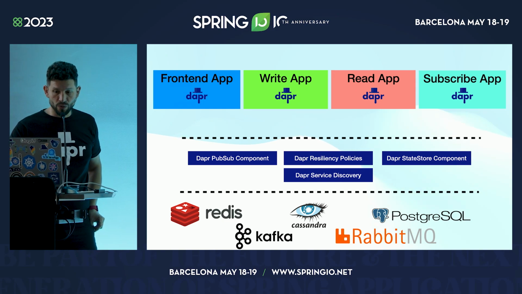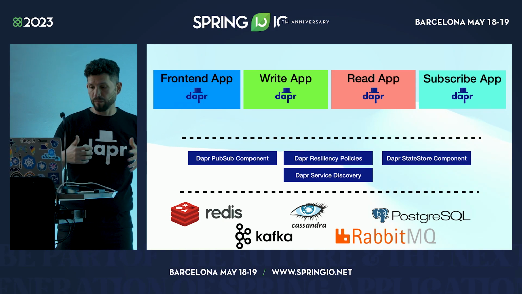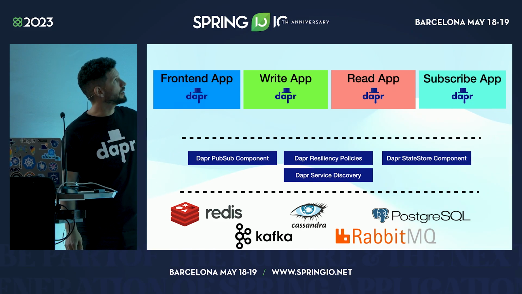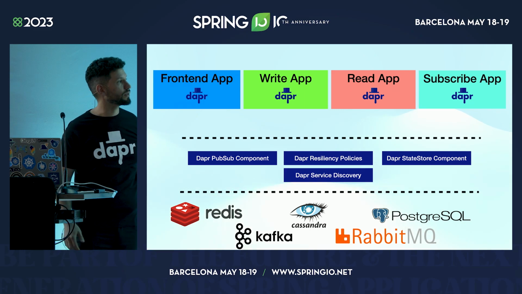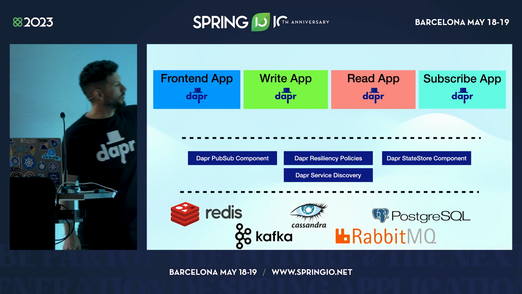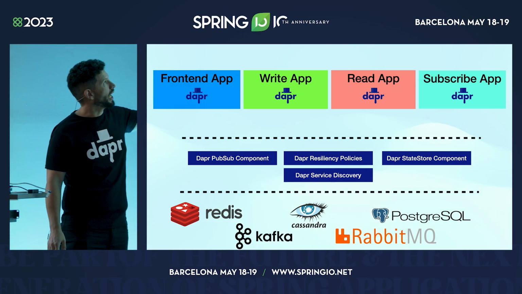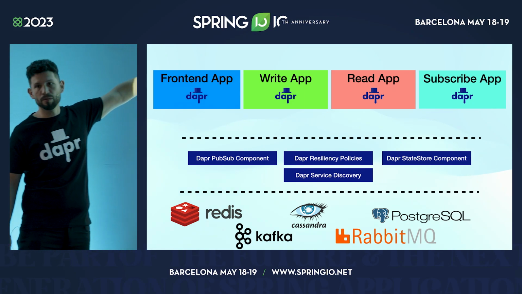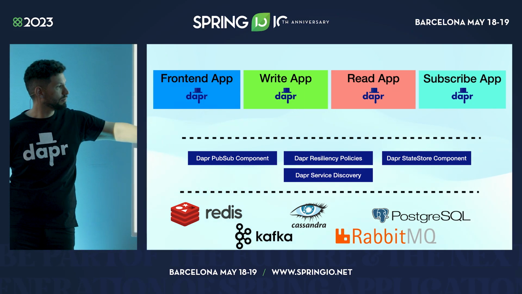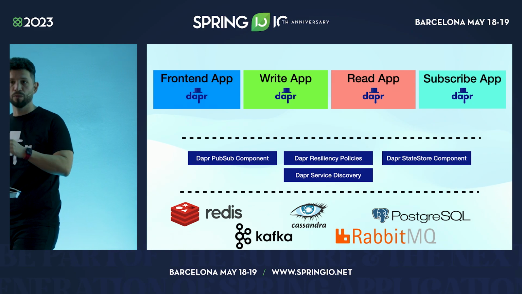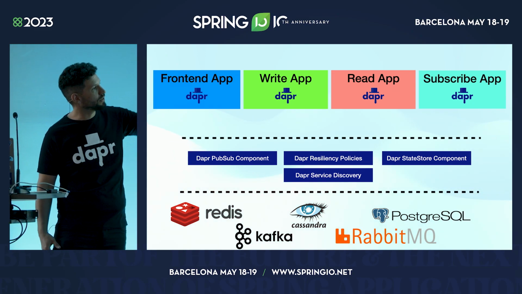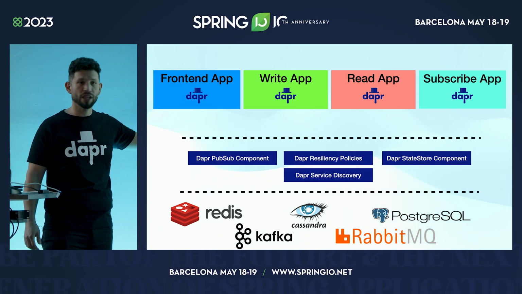The way that this application works is by deploying it into Kubernetes. There are 4 containers that will be running in there, and Dapr, because it's installed in that cluster, is going to add all the sidecars to all these applications. The next step is to configure the components that we want to use, right? I want to emit messages from one service to the other, so I will configure the PubSub component that will be connecting to a piece of infrastructure to move messages around my applications. And I will be configuring the state store component for storing and reading data from Redis in this case.